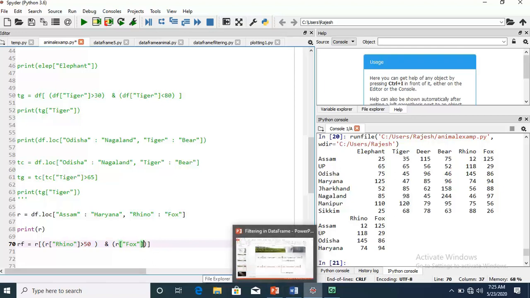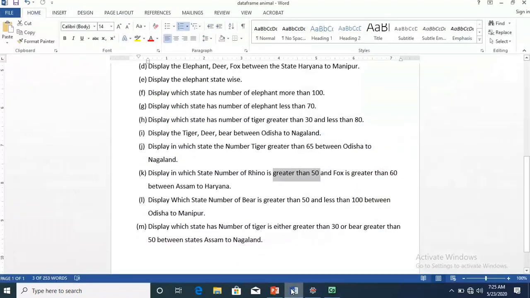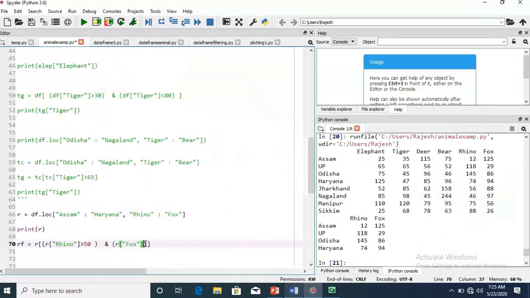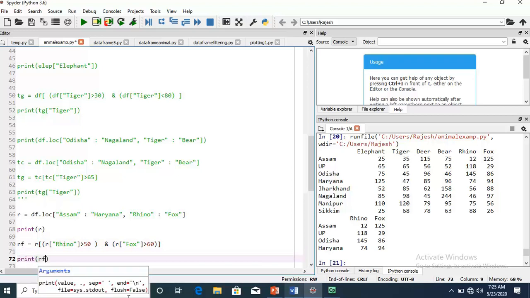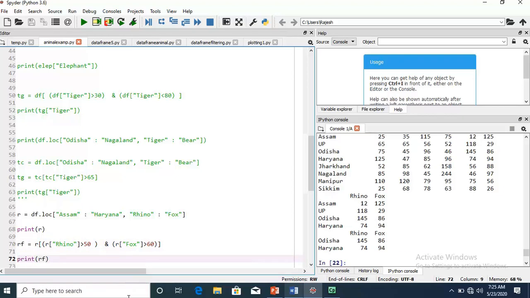Fox is greater than 60, and here I will put the condition 60. And now if I print RF, you just see, once I print RF, there are only two states which fulfil the condition, that is Odisha and Haryana.